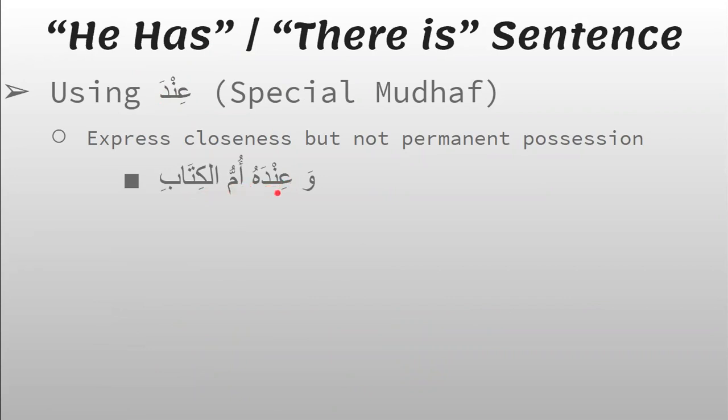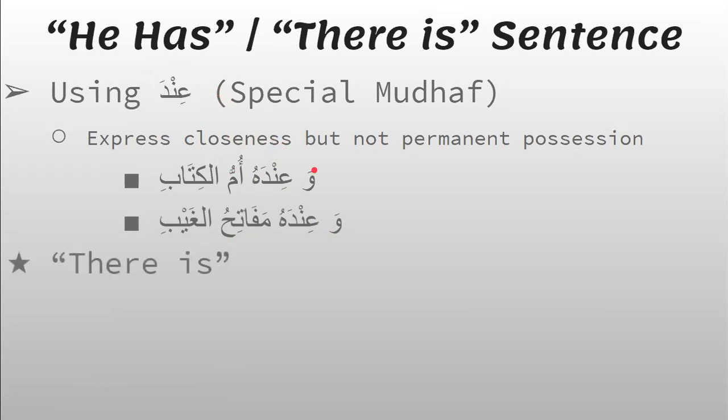So indahu literally means he is close to him, but when inda comes as the first word of a sentence, they translate this as has. Indahu means he has, if it comes as muta'alliq bil khabar muqaddam. Indahu mafatihul ghaib: he has the keys of the unseen. In the first example, isn't it she has? Which one? The first example, laha. Oh, laha, yes, she has. I'm just saying that it will translate as has. Thank you for the correction.